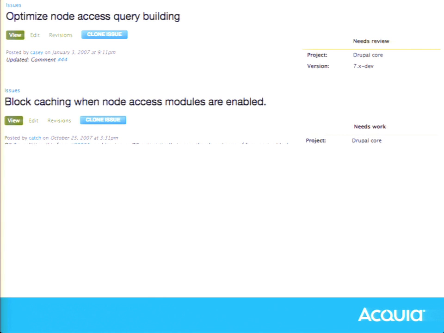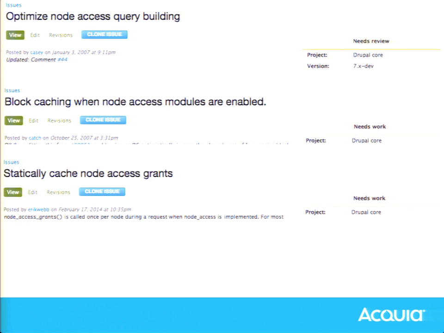But let's say you're using Workbench Moderation. So you're using node access for a handful of content authors, but you can't use block caching for the other 99% of your site's visitors. So that's another case where node access is just a specific example here, but more generally it's that your use case may not fit the use cases that your module or Drupal necessarily supports out of the box.